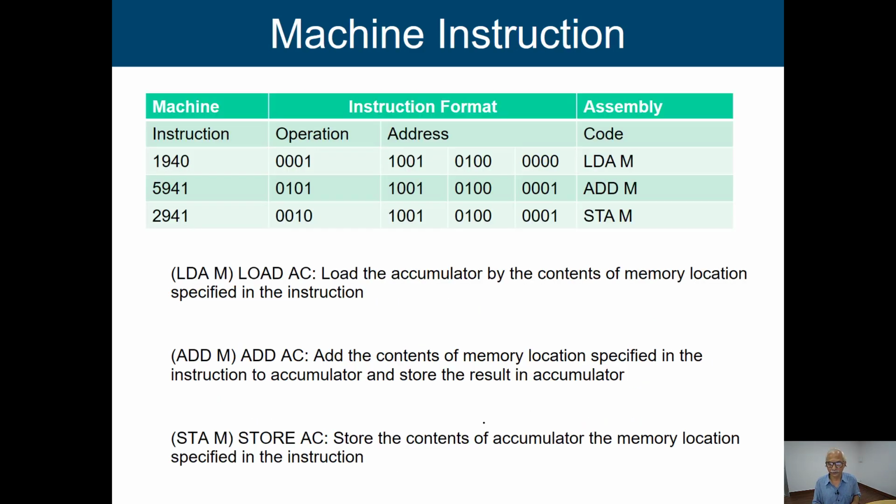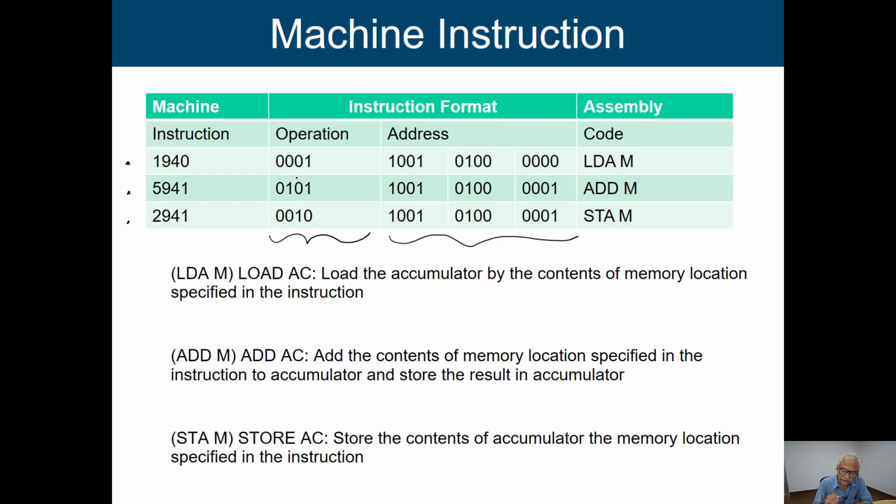Now after coming to this particular point, we can summarize it like that. So what are the instructions? The first instruction is 1940. This is the second instruction 5941. This is the third instruction 2941. And already I have said that it has two parts. This is the operation part and this is the address of the operand. Okay. And everything is hexadecimal, so it is very easy to convert into the binary format. So this is 940, 941 and 940. This is 1, 5 and 2.